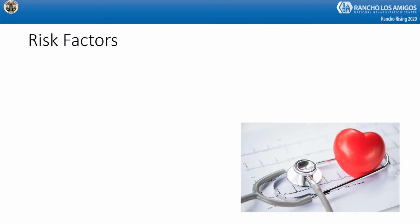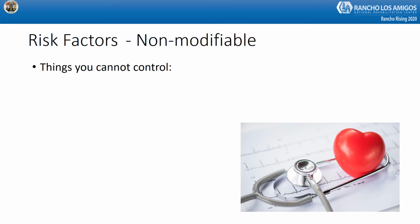There are many factors that impact your risk to develop high blood pressure. The risk factors affecting blood pressure are typically broken into two categories. 1. Non-modifiable factors, things outside of your control. And 2. Modifiable factors, things that you can control to some extent. What do you think are some factors that may affect your blood pressure outside of your control? These include